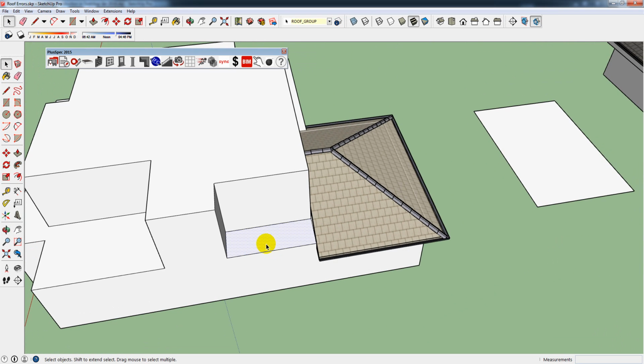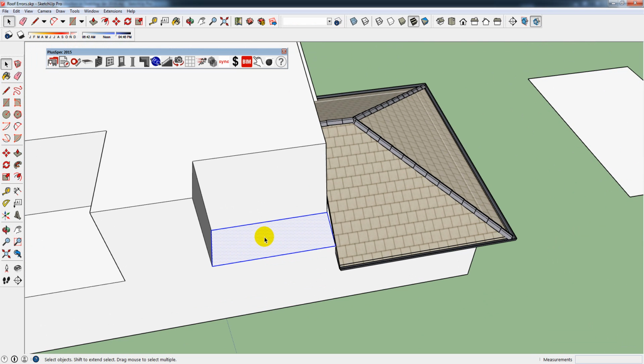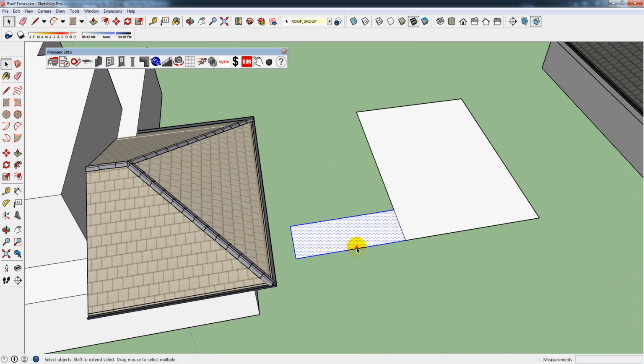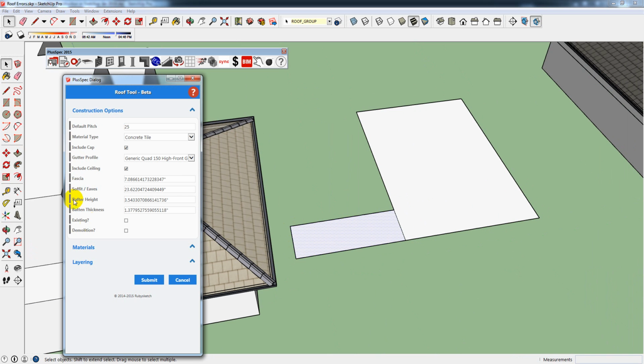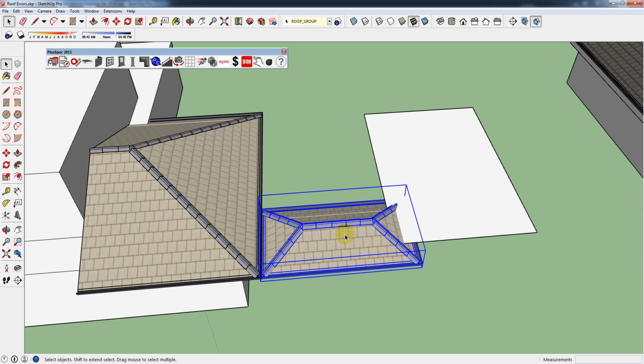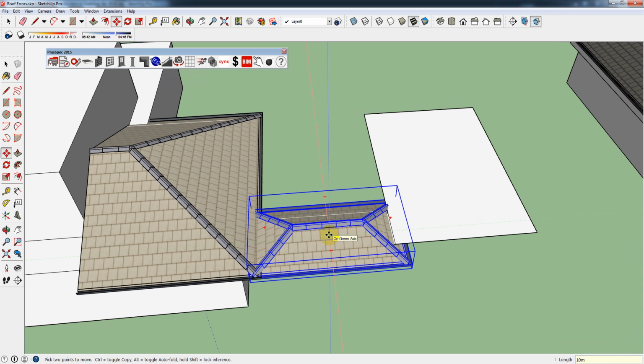Now we're going to focus on this little section here. So same again: triple click, move tool, grab it, press Control on your keyboard, and we're going to move it 10 meters. Now we're going to make sure of this one as well, that all the sides are single. Click here, roof, create roof. That's the shortcut you can go through using the right click. Submit. Now we drag this one here 10 meters,